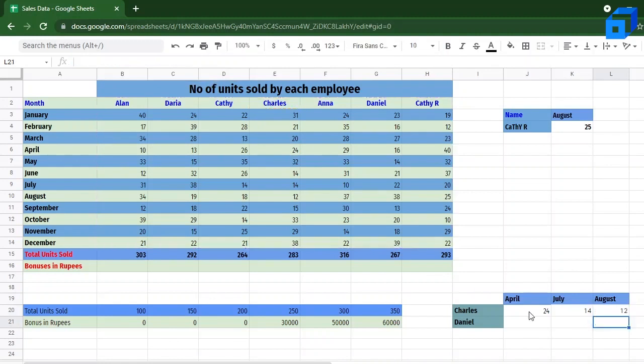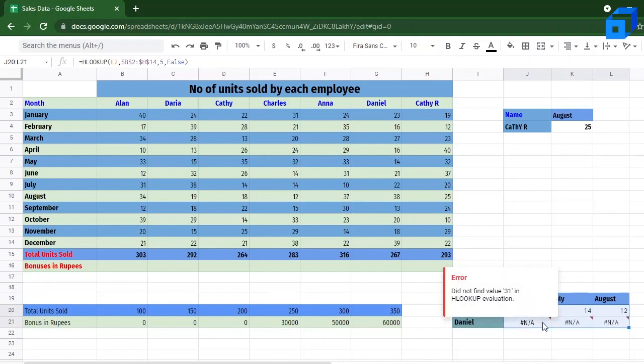Now using these three values, you can fill these values also using the fill handle. So that will be drag and drop. Go to the corner on the right hand side and then drag the cursor. So you'll get the value. It says did not find value 31 in the HLOOKUP function.